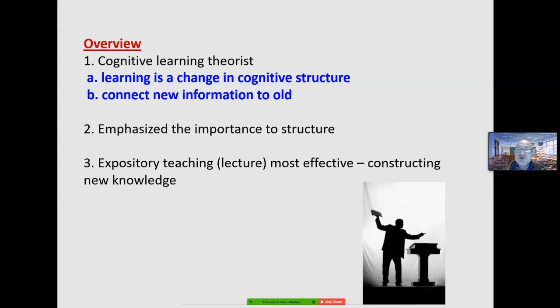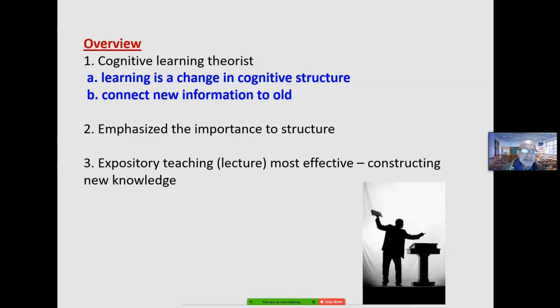Now, on the other hand, David Ausubel, another cognitive learning theorist: learning is a change in cognitive structures. You connect the new to the old. He emphasized the importance of structure in teaching so students can see exactly what they're learning and how one thing relates to the next. So they see that structure up front. It enables them to encode and process more effectively. He promoted expository teaching or meaningful verbal learning, what he calls it. Meaningful, it makes sense, it's connected, one thing to the other. Verbal, you're teaching, you're telling.